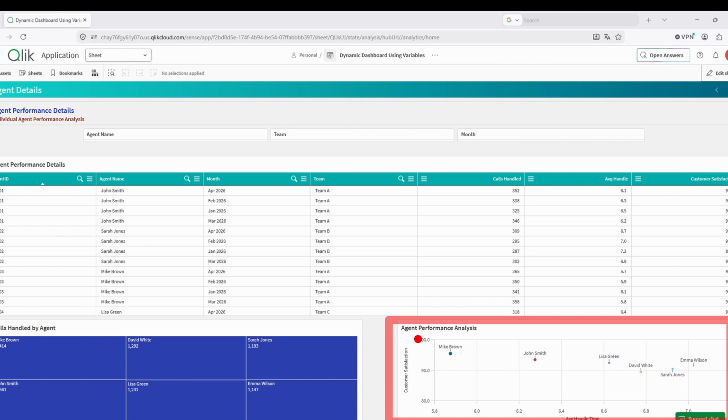The y-axis represents customer satisfaction. The bubble size represents calls handled. This chart helps answer